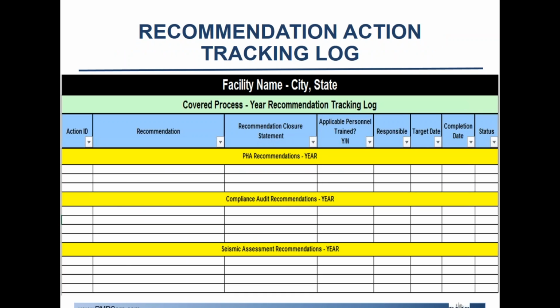Now, this is what a common recommendation action tracking log looks like. Now, this includes any PHA recommendation, compliance audit recommendation, and seismic assessment recommendation. It's a good idea to just put everything in one sheet that is a central tracking system for your whole PSM, RMP,